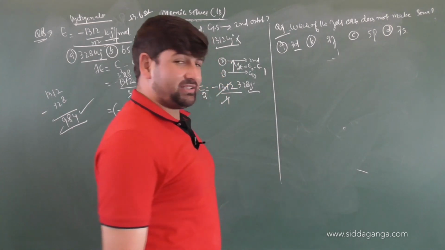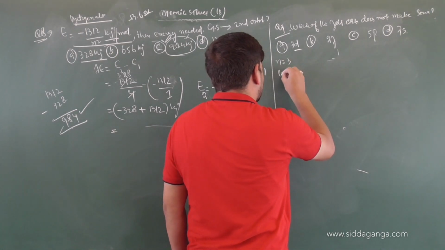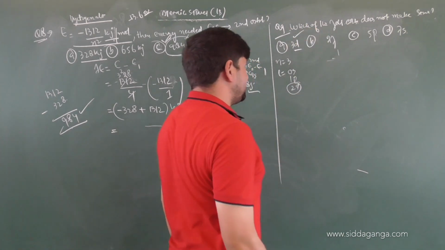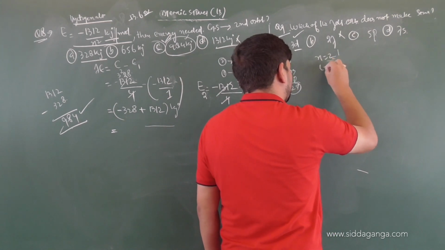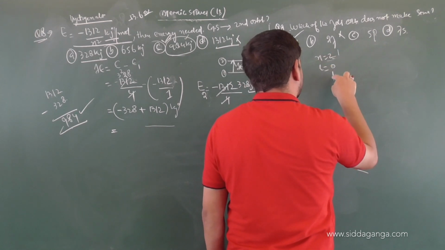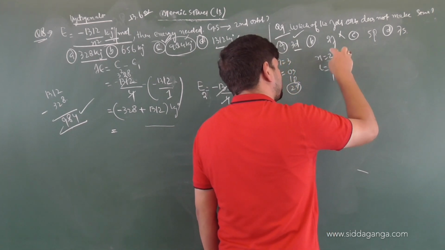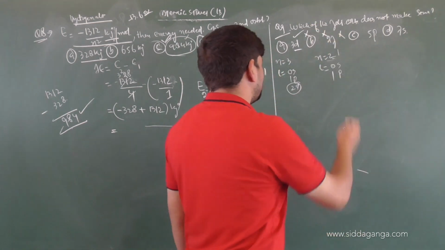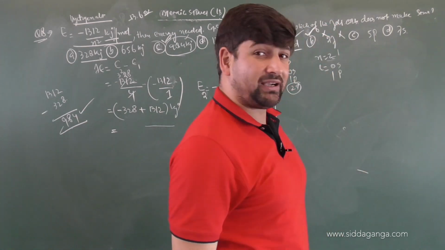3D, does it make sense? Is it possible? I would say yes, because when the n value is 3, what are the possible values of L? 0, 1, 2. That is S, P, D. Definitely it is possible. So this makes sense. 2F doesn't make any sense because what is the n value here? 2. What is the L value? When n is 2, the L value will be 0 and 1, correct or not? So that makes it S, P. So in principal quantum number 2, the F subshell is not possible. So 2F doesn't make any sense at all. So option B is not possible. That means it is the correct option, because we are finding out which of the orbitals does not make sense.